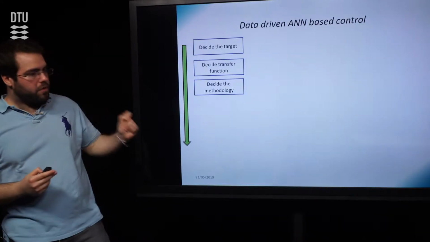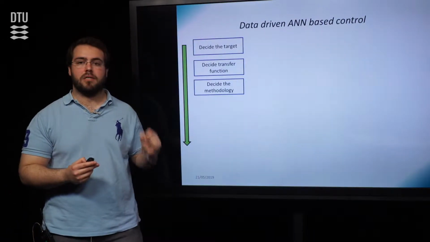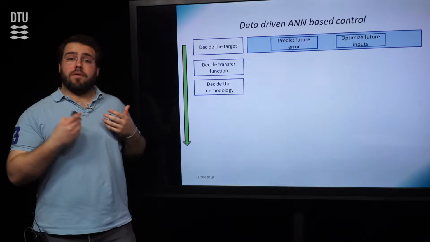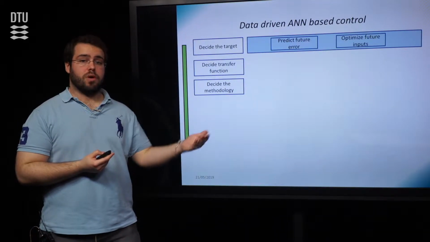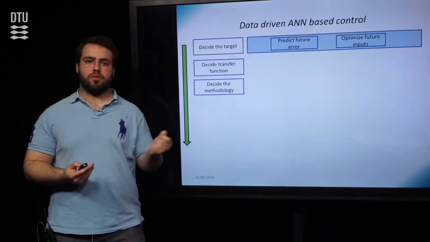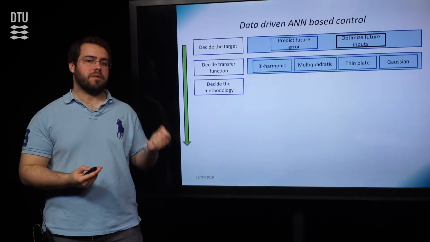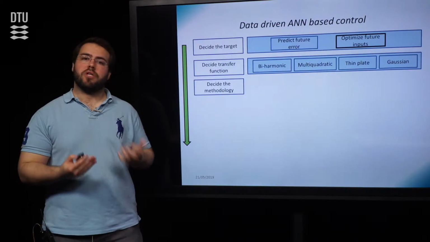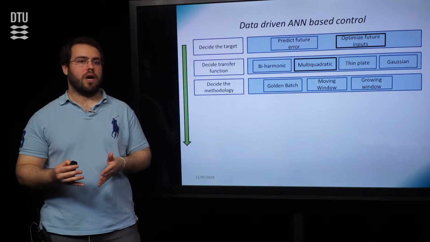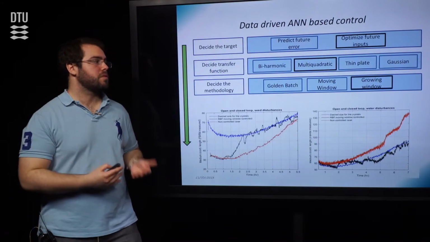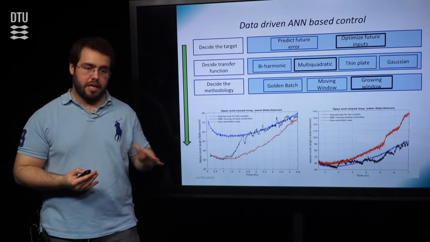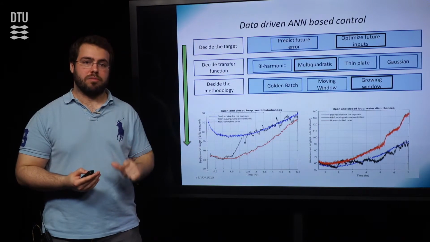Now, the strategy that we present is only based on data. The model is created online with the data you're collecting. And what is it that you really want? Do you just want to have a measurement of what's going to be the predicted error in the future, or do you want the model to take control over you? Do you know anything about the process already that allows you to choose which kind of transfers you want for these neural networks? Do you have lots of data, or are you just collecting data as you go? And based on these strategies, you can actually control the process without needing anything but just online measurements, and you don't need